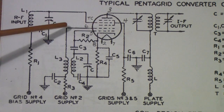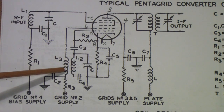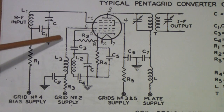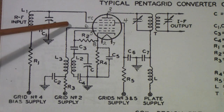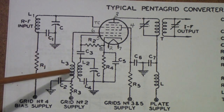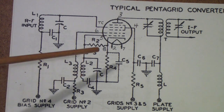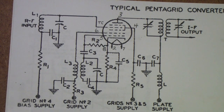So as you see, the oscillator, which is basically these two coils, forms a transformer to connect grid 1 with grid 2. And then grid 2 is supplied with a positive voltage here through this resistor. That causes the bottom section of this tube to oscillate at the frequency determined by the L and C of this tank circuit. So that is the part we are interested in determining how suited a particular 6A8 is to